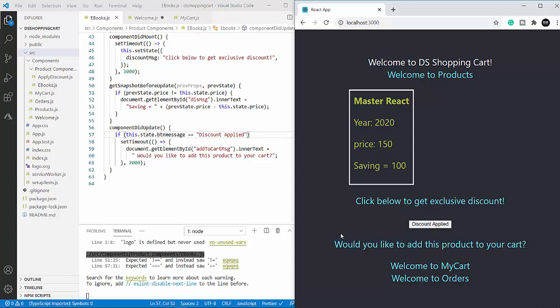So this is how you can make use of the existing functions and apply your logic. And because these existing functions have certain hierarchy attached to them due to the life cycle process, you can make use of them and apply your own logic that has to be rendered before or after updating a component.